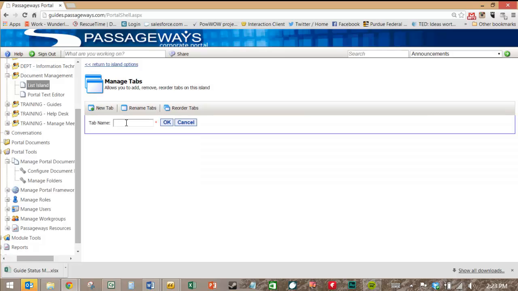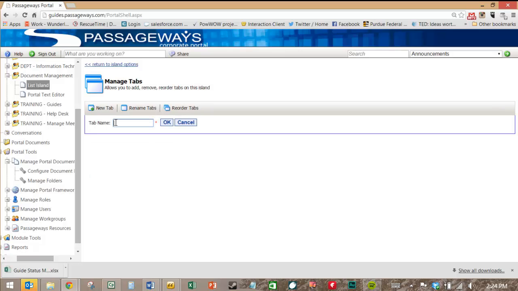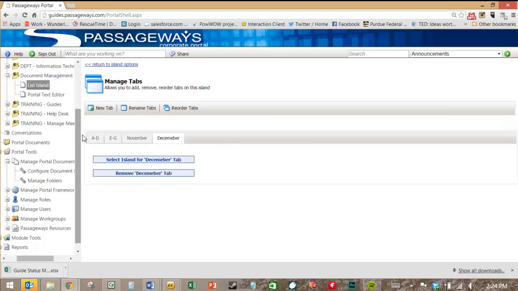And then I could also do, if I wanted to not do it maybe alphabetically, I could also do it by year or maybe even by month. So I could do, let's say, November, and then do December, and so on. Now, these document tabs, excuse me, these tabs, allow us